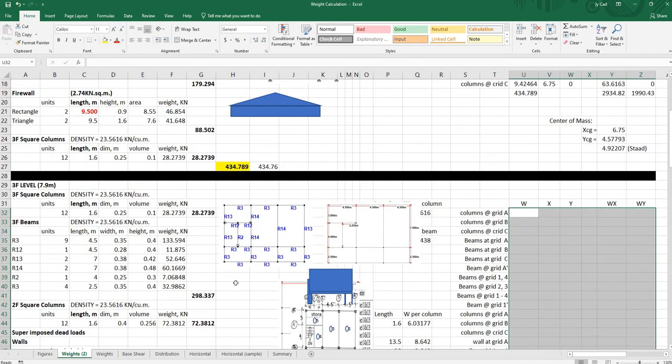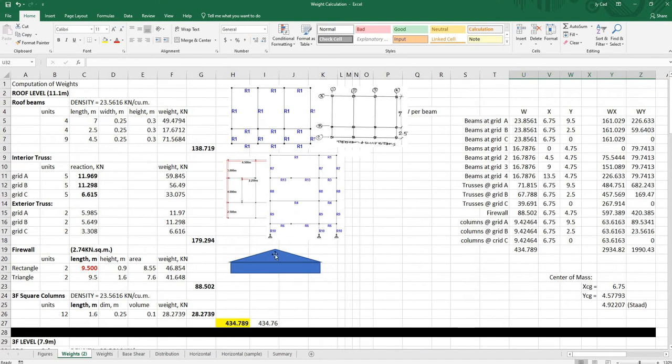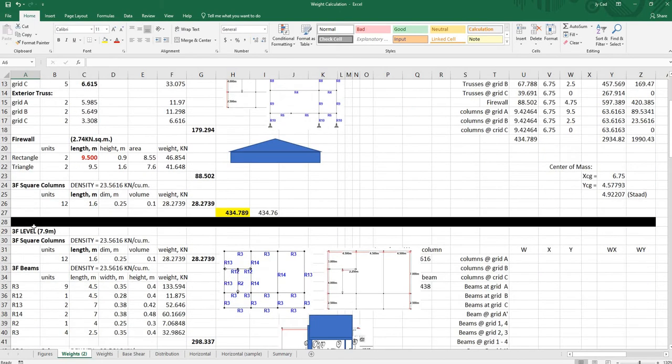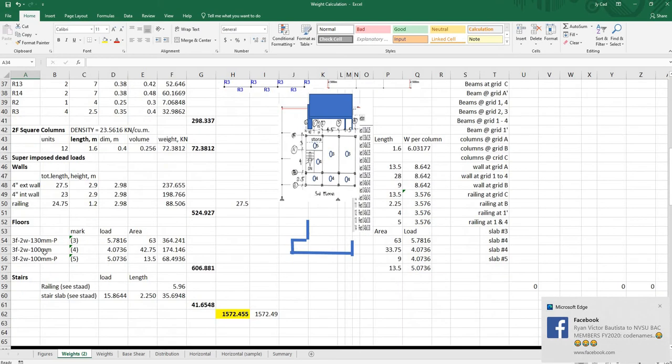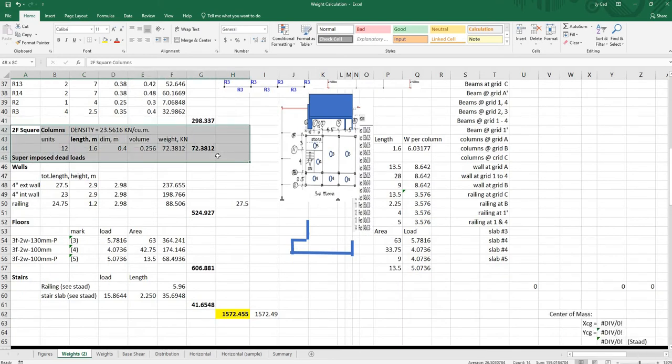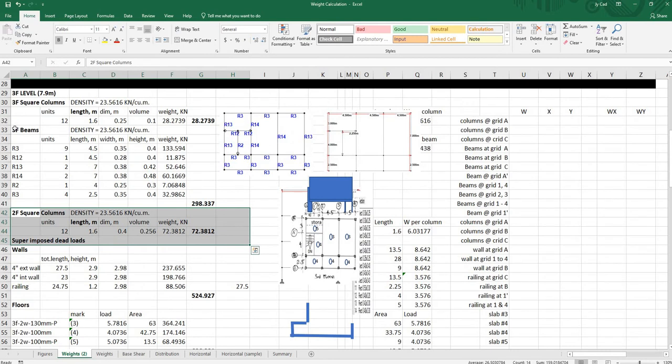Dito kay third level, parehas sila ng procedure. Magkakaiba lang siguro sa mga dimensions ng beams. Meron tayong columns sa ilalim ng beams, and yung beams, ayan, at meron ka ulit columns sa ibabaw, which happens to be kalahati nung third floor columns. And then at third floor beams, remember na